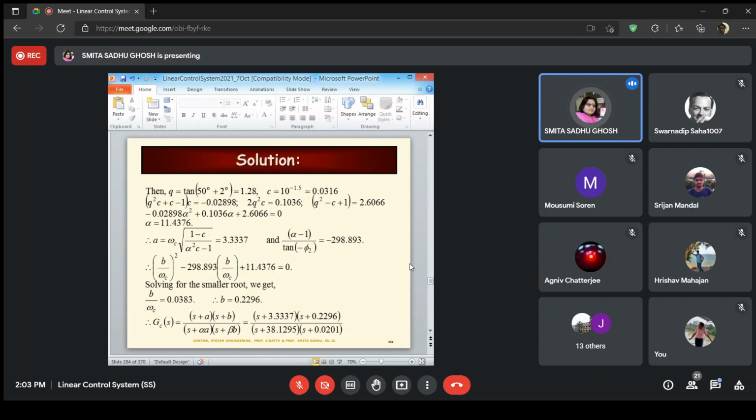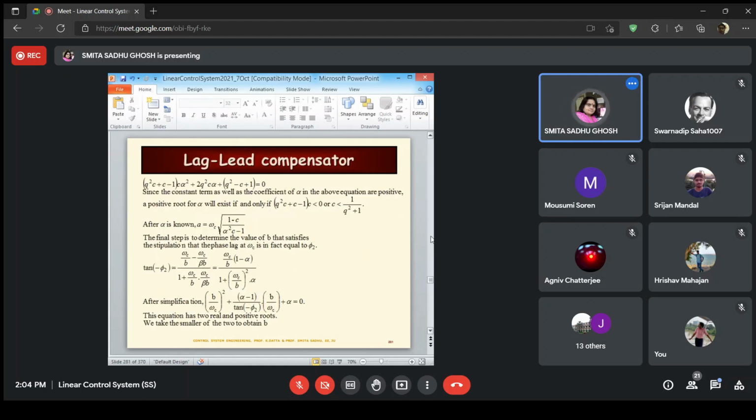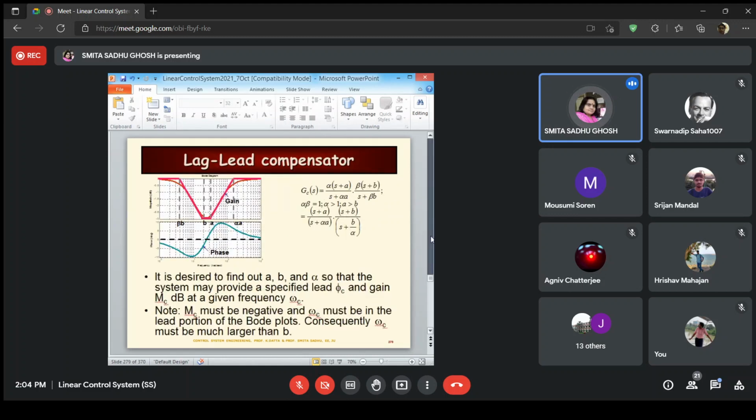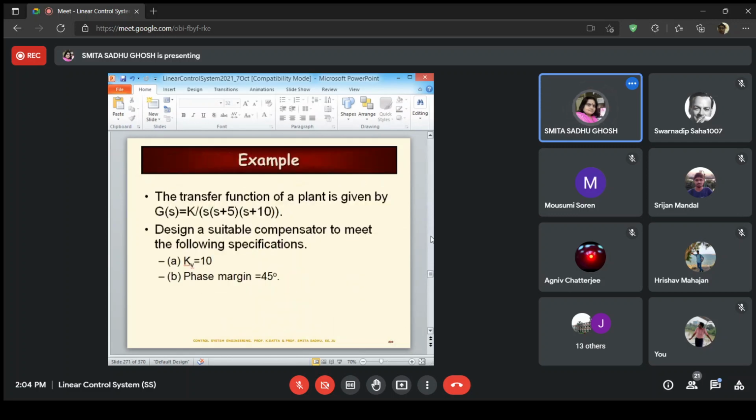Now, as far as the design of the lag lead compensator is concerned, again a similar process would follow. Of course, I have not done it over here, and I would not be expecting you to work it out right now. But as far as the principle is concerned, the steps to be followed are that, again, you would have to first of all